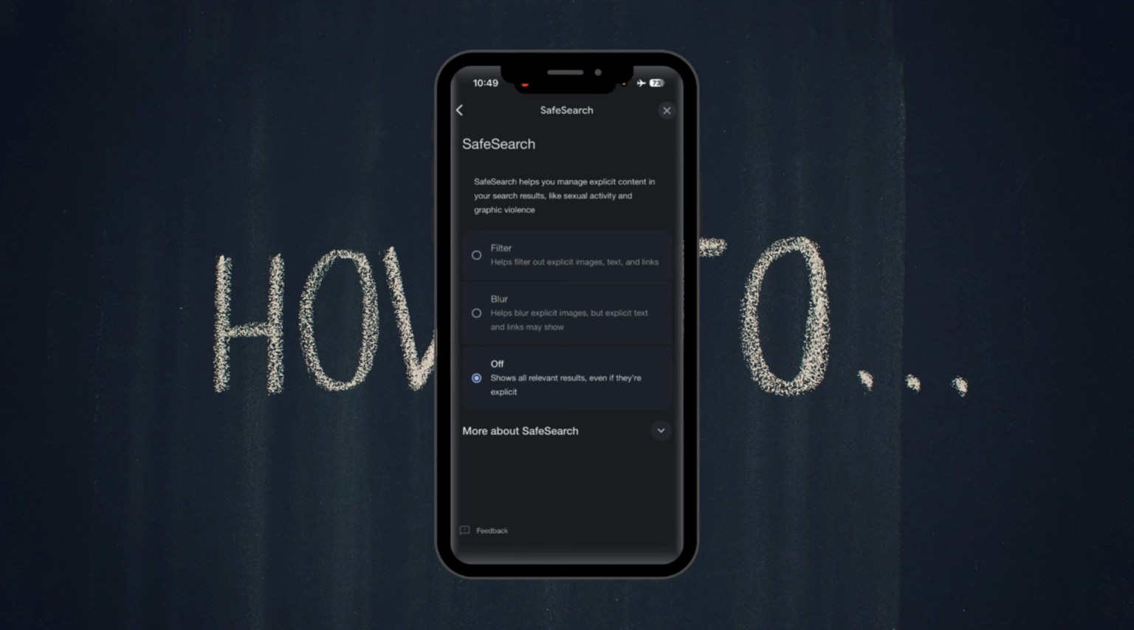If you're using your browser, open Google in your browser, then just click your profile picture, then go to Settings, then go to Search settings, then under SafeSearch, select Off, and then scroll down and click Save if